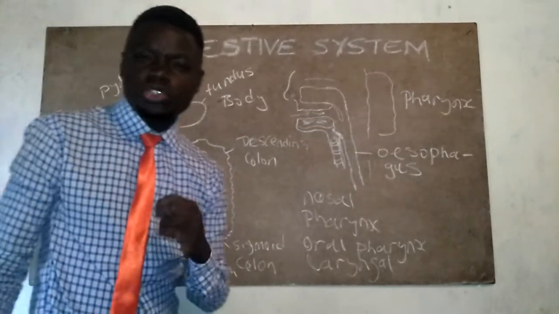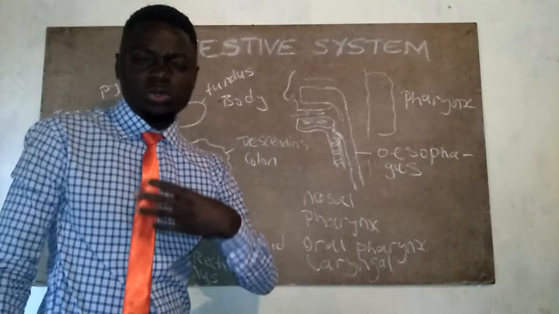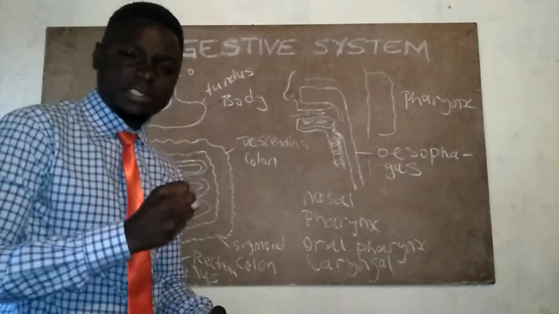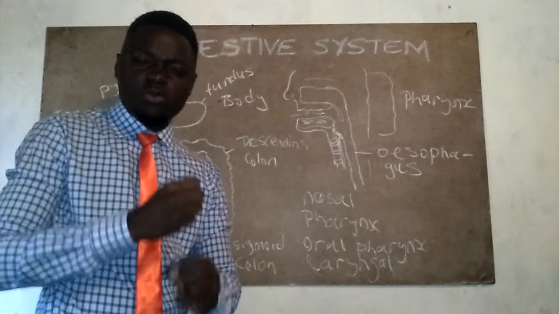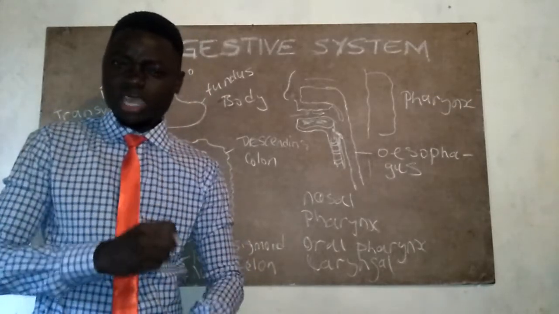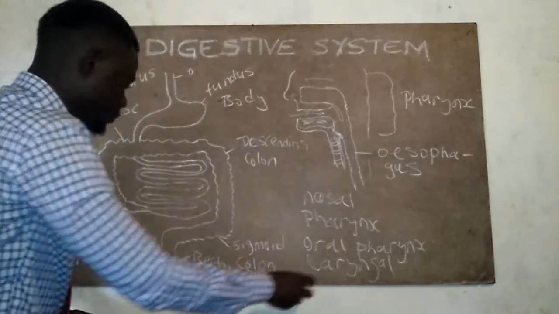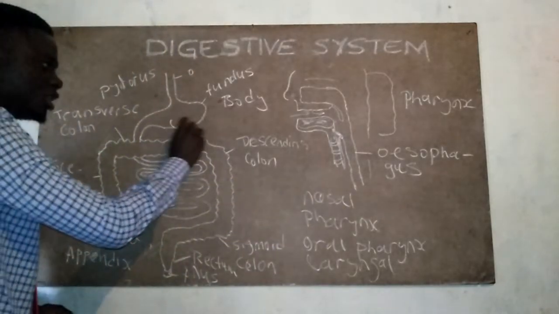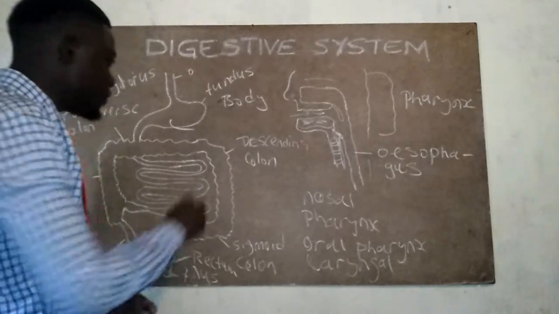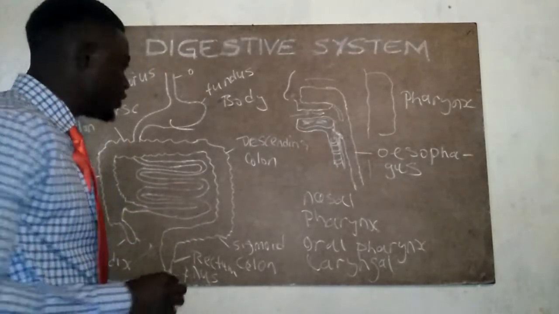So what happens when you swallow? The bolus of food is going to go down, and then there will be this process of peristalsis, where the muscles of the GI tract will be moving the bolus of food down to the stomach, where it can be stored, because the stomach is like a reservoir for food. The stomach is going to store food before it's